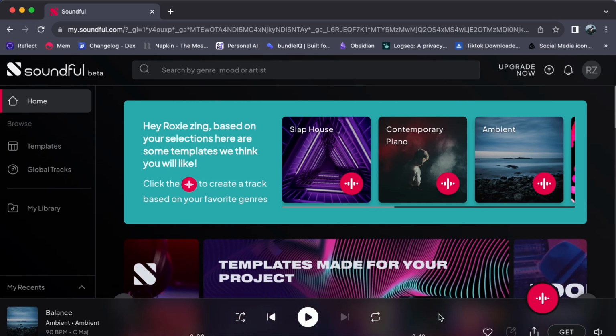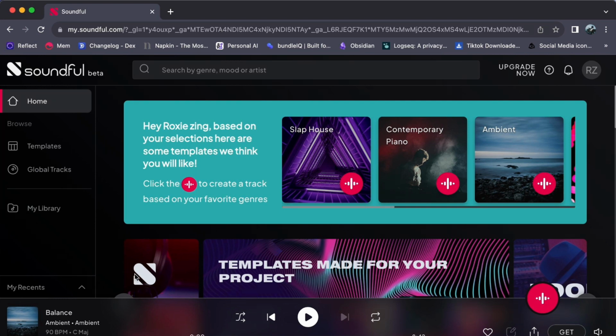Today, let us journey together on how can I view my saved tracks in Soundful. Are you eager to dive into your saved musical treasures within Soundful? Let's unravel the simple steps to reveal your creative collection. So, let us begin. If you are wondering how to access your cherished musical tracks, let's start by heading to